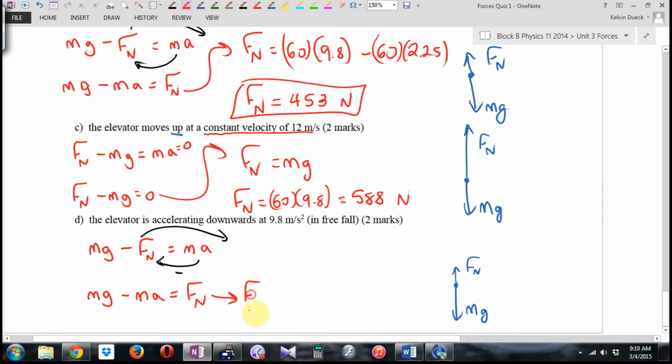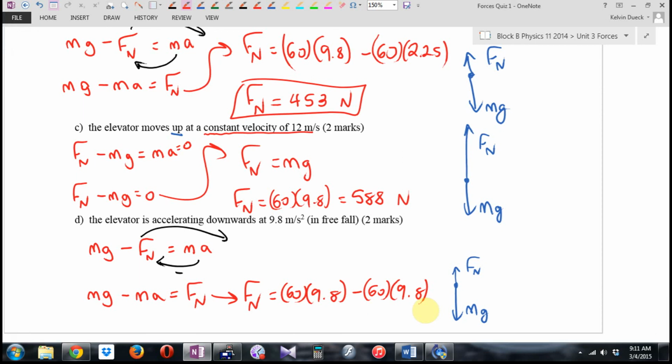Let's plug it in. m is 60, g is 9.8, minus m is 60, a is 9.8. You know what? I'll bet that even Danielle can do this one in her head. What's 60 times 9.8? Take away 60 times 9.8. And what this means is, if you're in free fall, you're weightless. Not massless, not gravityless. But what I've tried to tell you is what all of you think of as your weight is actually what? The normal force. We call that your apparent weight. And if the normal force is 0,